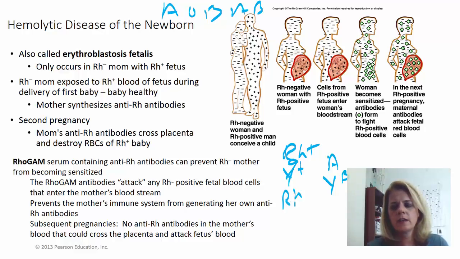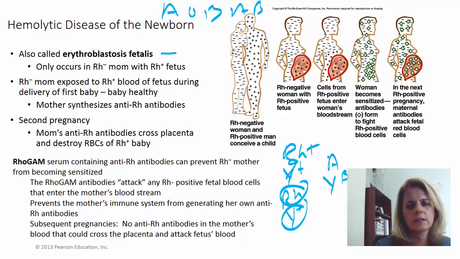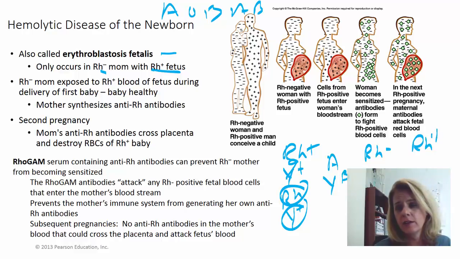If you're Rh negative, you don't have the Rh antibodies initially. You have to be exposed to those. You have to be exposed to Rh in order for those antibodies to be formed. So something called hemolytic disease of the newborn, or erythroblastosis fetalis, it occurs when an Rh negative mother has an Rh positive fetus. Okay, so that means mom is Rh negative and dad is going to be Rh positive. So remember, you got the two alleles come together. Now the baby is going to be Rh positive.